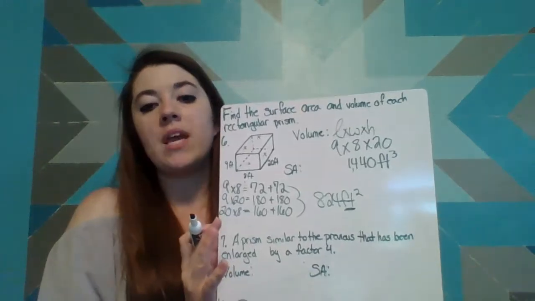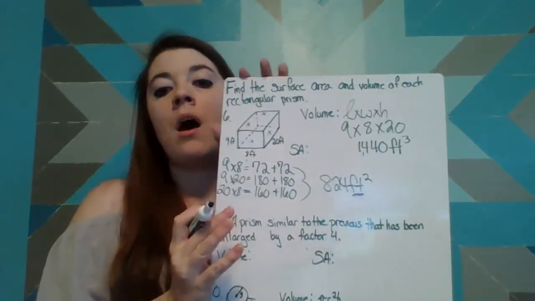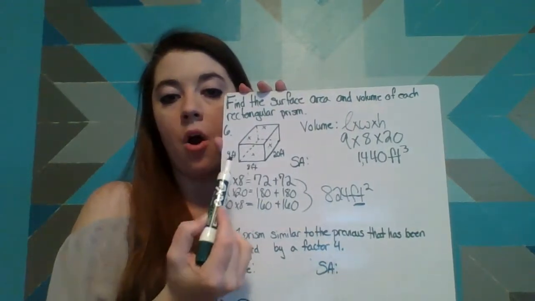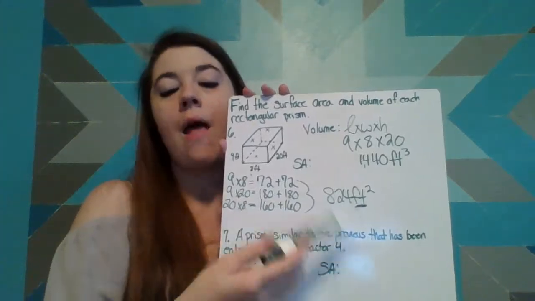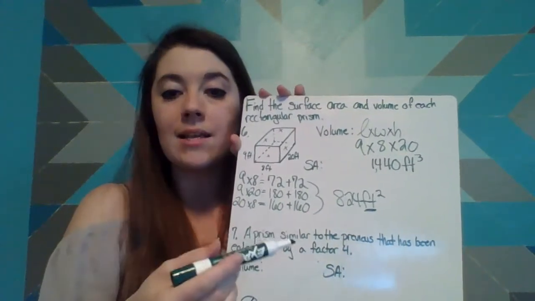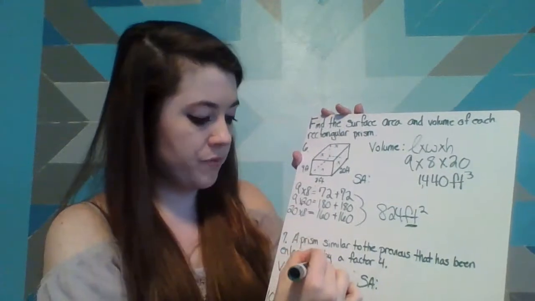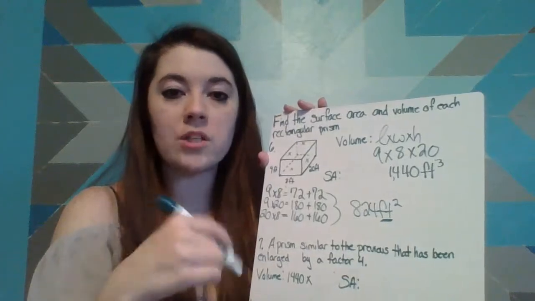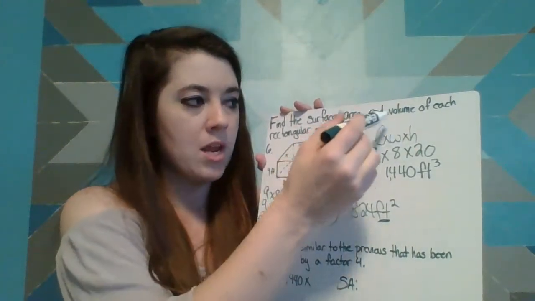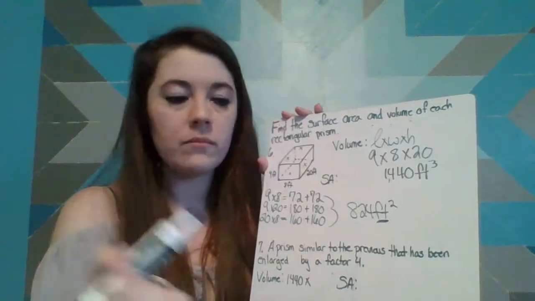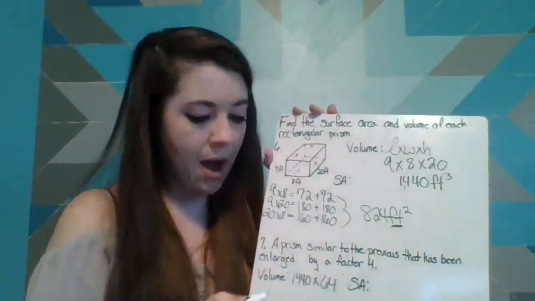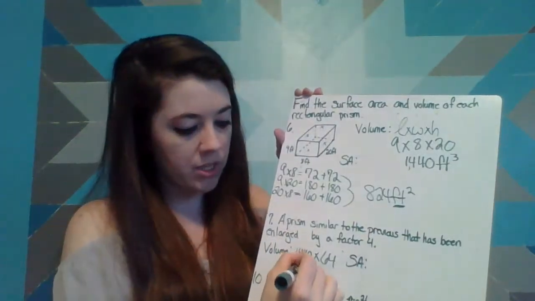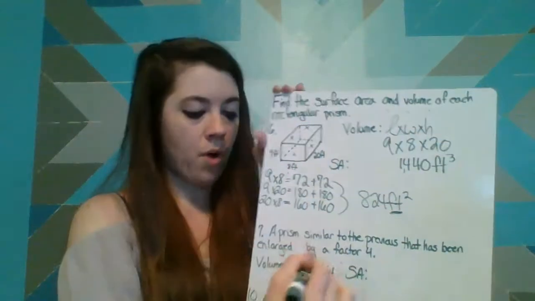So because ours is being enlarged by this factor, when we're doing the volume, if we were to multiply all 3 of these by 4 and then multiply it together, we could find it. But an easier way is to take the actual volume we have, so the 1,440, and multiply it. Well, what's 4 to the 3rd power, since volume is a 3-dimensional thing? It's 64. So now we're just going to take the 1,440 times 64 to get our new volume, which is 92,160